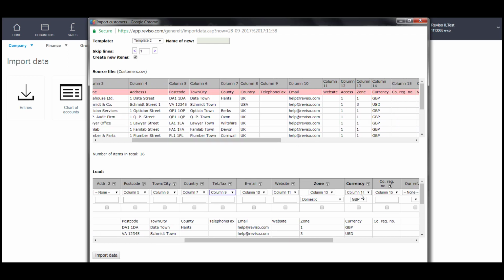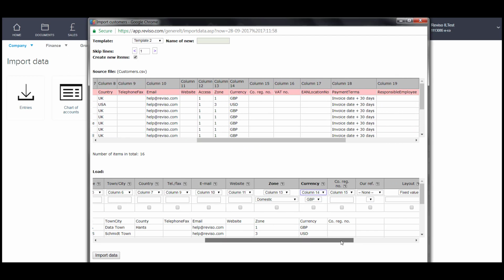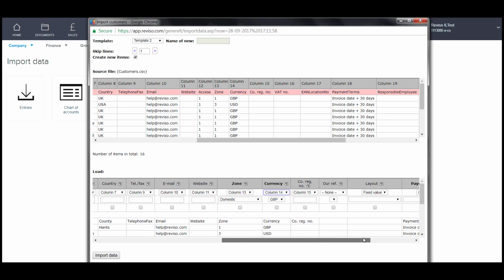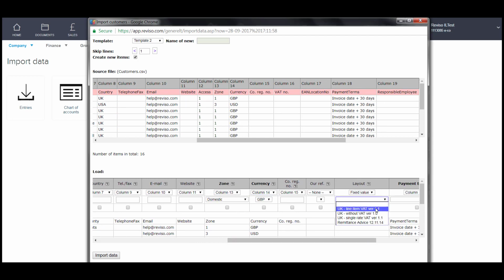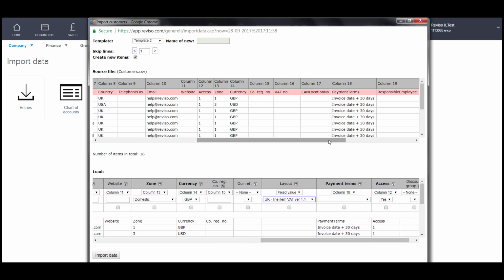zone 13, currency. If they were all one particular currency, then what you can do is you can say fixed value and then you can change this to whatever currency you're going to import them in as. So in this case we're going to say, because we do have different currencies, so it's column 14, company reg if there is any, and so on and so forth. So you're just basically mapping out payment terms 18,